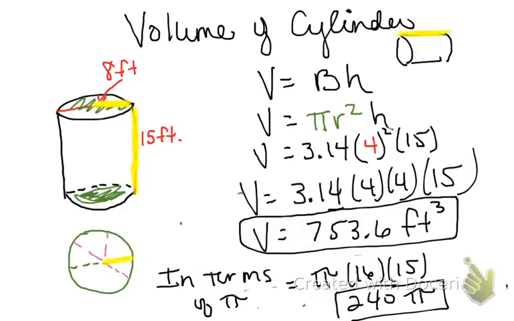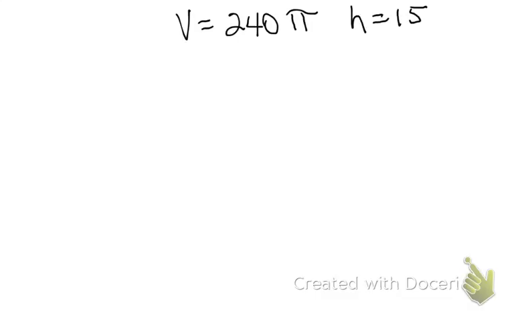So what I'd like to do real quick is reverse it. We may say the volume is 240 pi. We'll just leave it in terms of pi. And we know the height is 15. And they want us to find the radius. They may ask you to find the diameter. So here we go. Volume equals